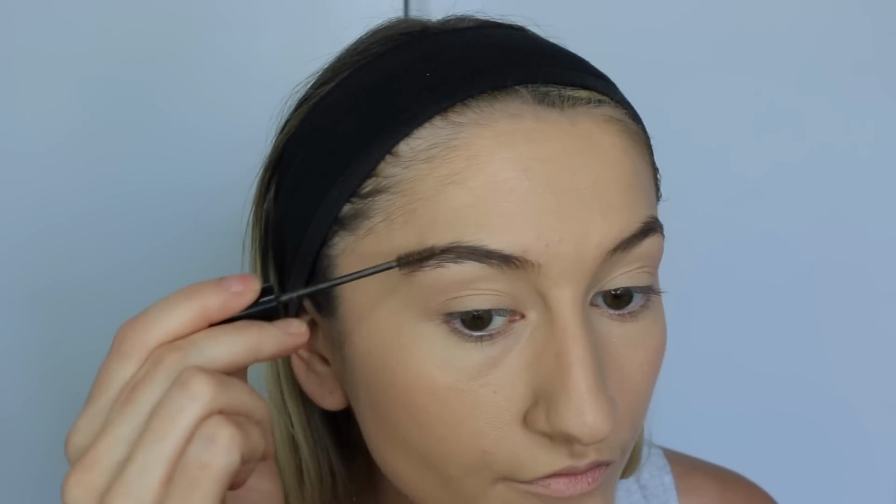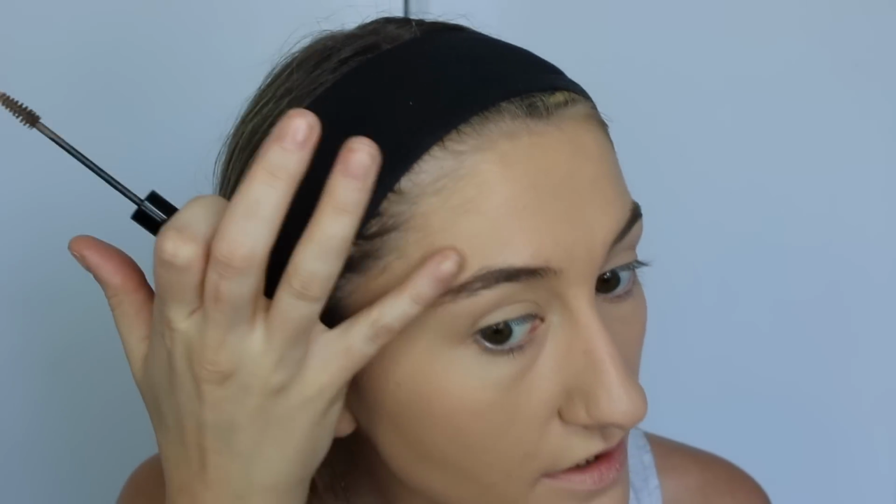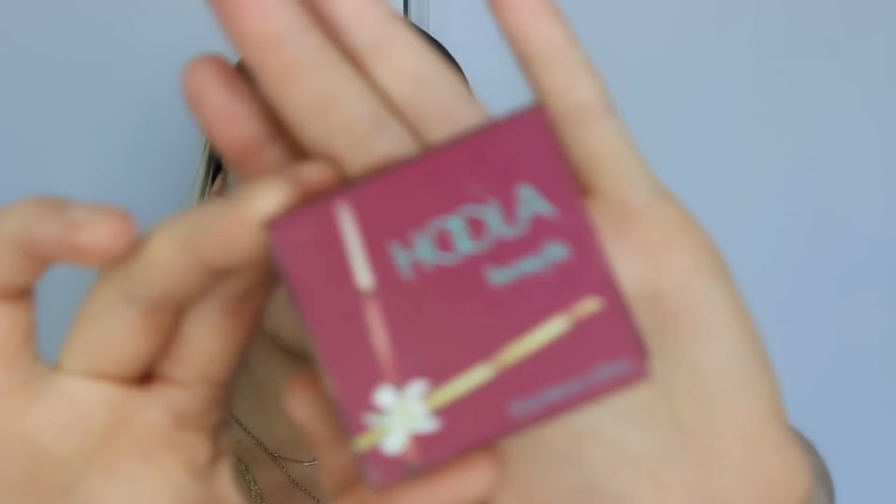So I honestly just push it through all of my brow hairs. Focus the ones on the front upwards, and then the rest, just drag it through. I need to trim this brow, but that'll do. Okay, so after the brows are done, now I quickly go in with the Hoola bronzer by